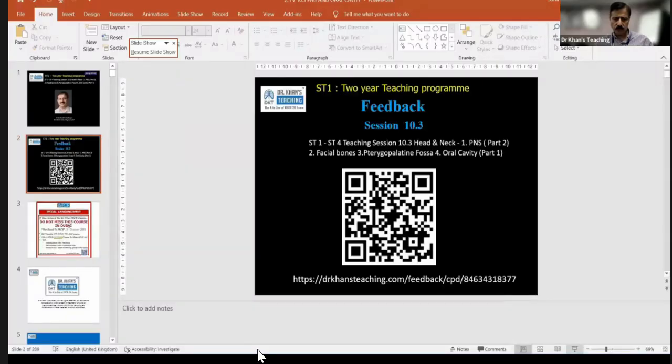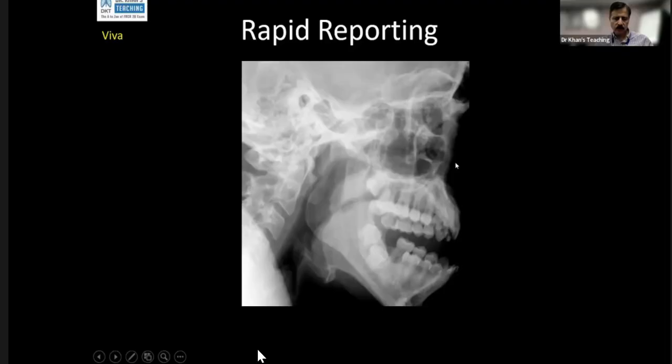Okay, now a few viva cases for you. Rapid reporting. Normal or abnormal? It's abnormal. There is temporomandibular joint dislocation bilateral, I think. Excellent. So if you see here,